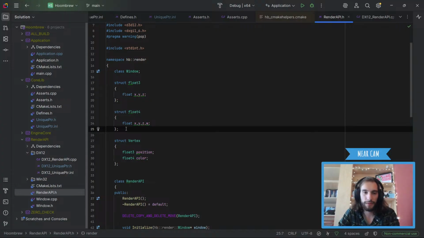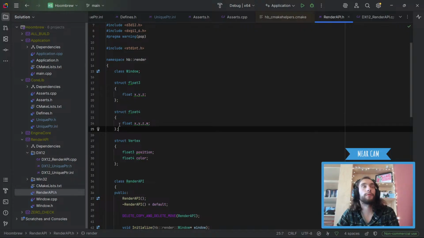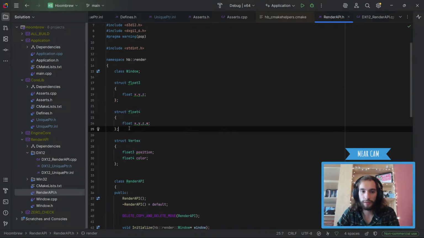It's technically not specifically for rendering. So what I'm gonna do is move these over to a separate module, which we already have, which is called corelib, which will just have a bunch of basic types. It will eventually also contain containers, stuff like that. For now, boop, that will be in there.